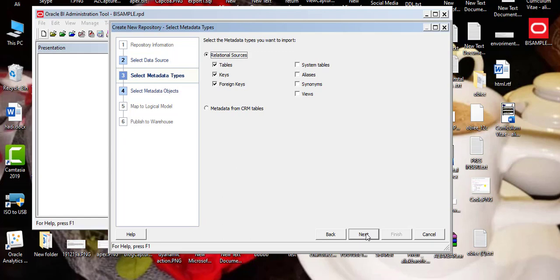Here you can see to select the metadata types you want to import, and the table keys. Just check the checkbox for alias, synonyms, system tables, whichever you want, and press next.